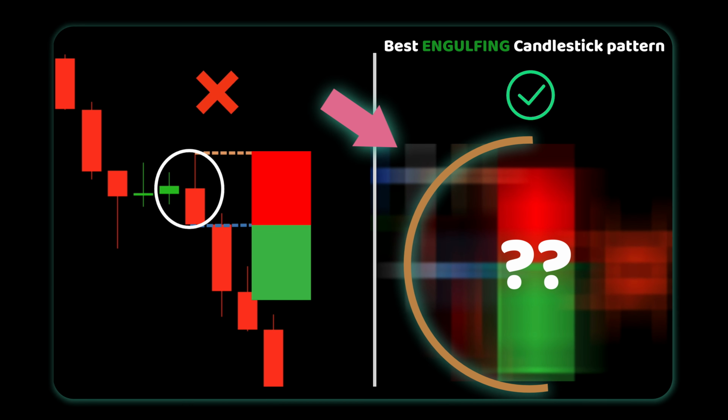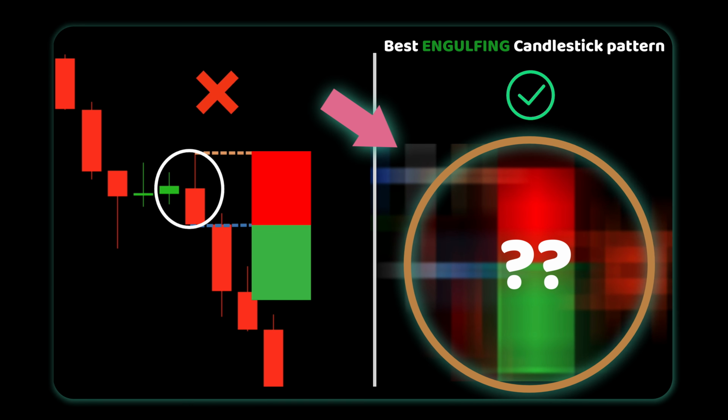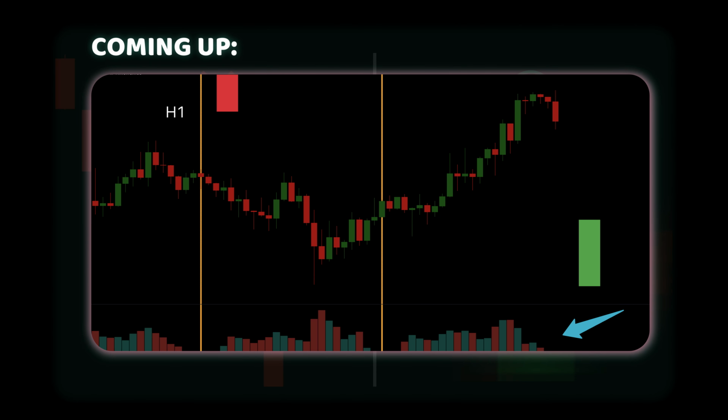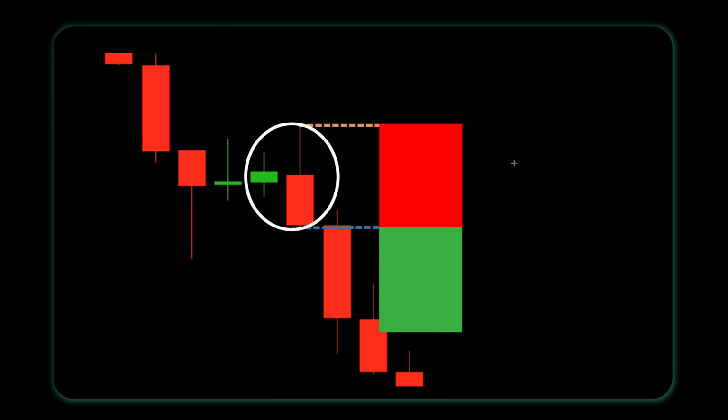I will show you the best engulfing pattern entry strategy in this video. I will go into details, exposing every hidden approach behind the engulfing pattern setup so that you can maximize profits from each trade you take. Let's get started. Let me show you the big problem that a lot of traders are making when trading the engulfing